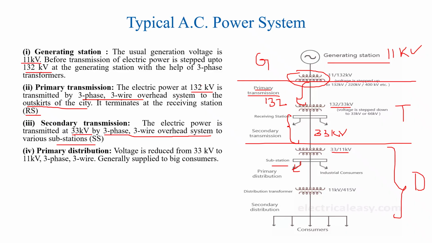So it is supplied to big consumers like some industries. 11 kV is given to big consumers like industries. Then